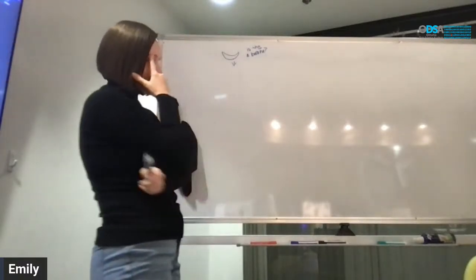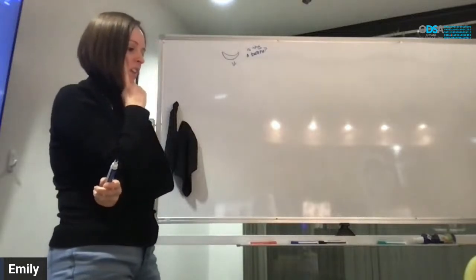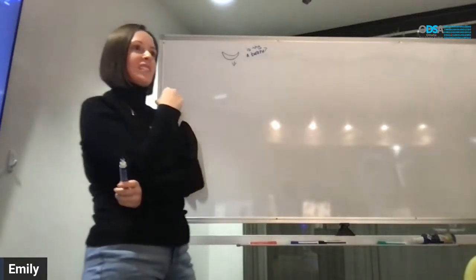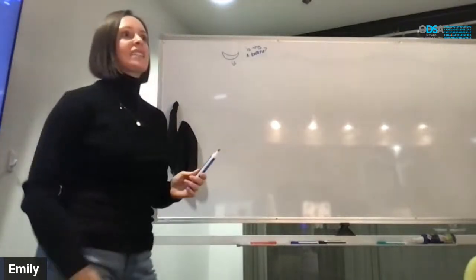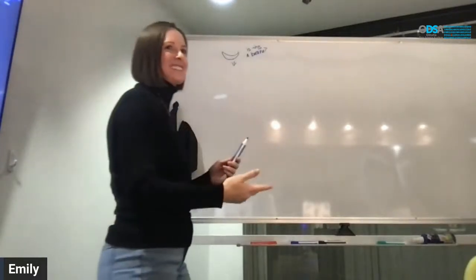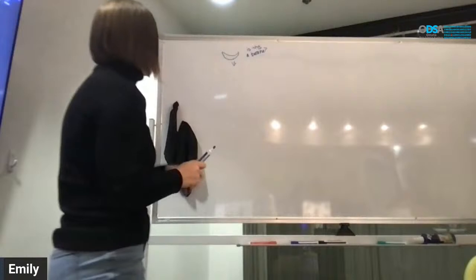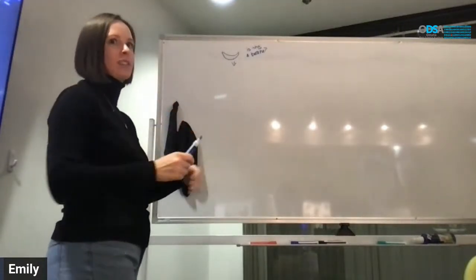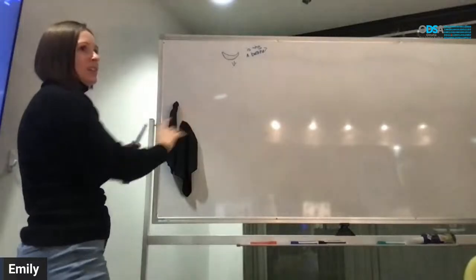And then you think to yourself, okay, it's not a person. And then you think, is it a thing or not? Is it a place or not a place? And they say, no, it's not a place. It has to be a thing, right? Person, place, or thing. Those are the things you narrow down to. So now you're like, okay, it's a thing, and then you can keep going down that tree. That's exactly what a decision tree is.